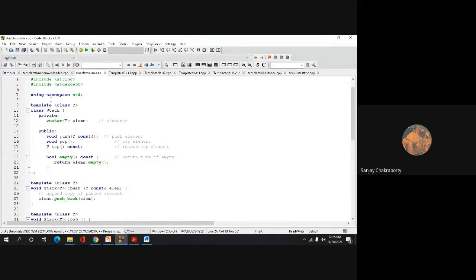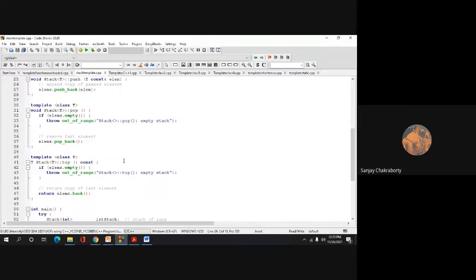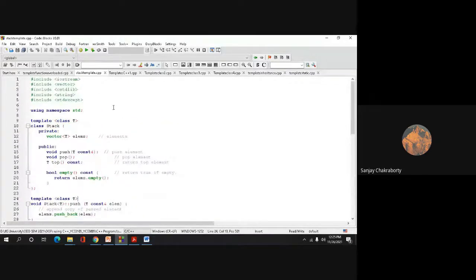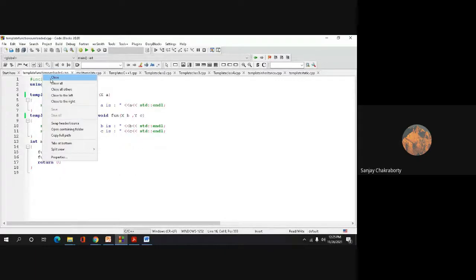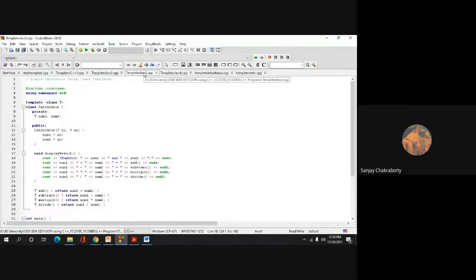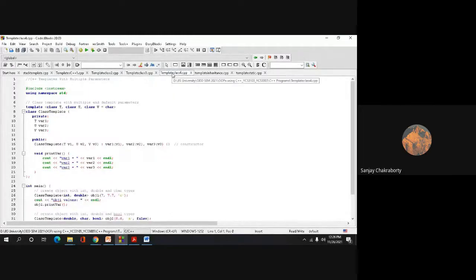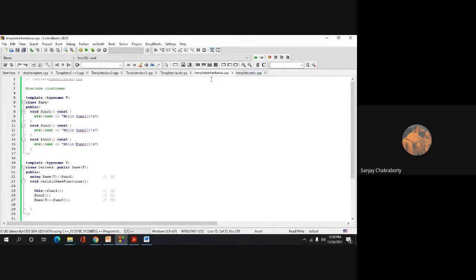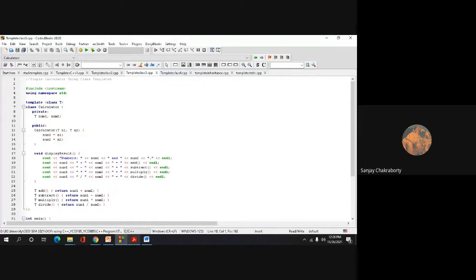Okay, actually this is an example of template class type, not function type. I will come to that example later. Okay, because right now I have already covered the template function type example. So first let me discuss with you some simple examples of template class type, then I will come to the template function type again. Okay,